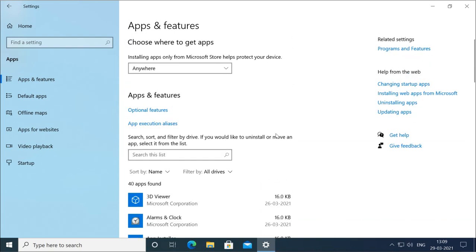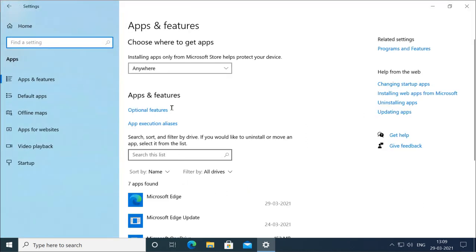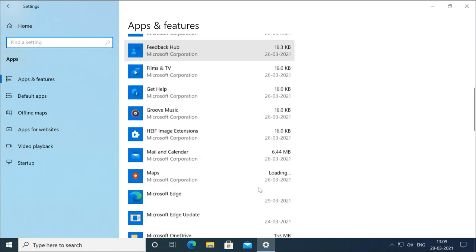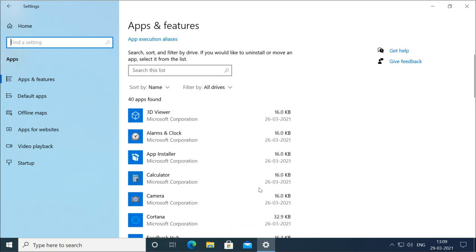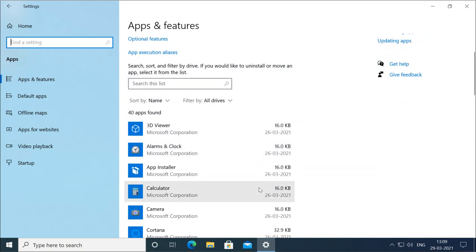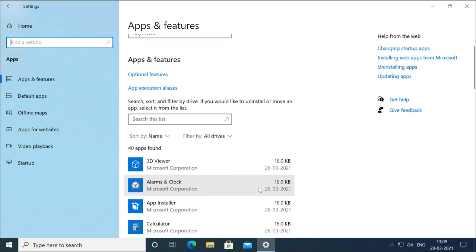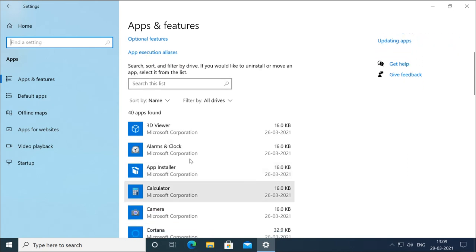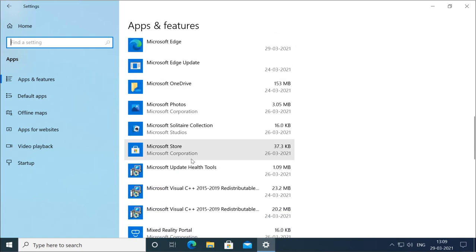We go to the Settings app first, and in that Settings app we'll go to Apps, and in Apps we can see all the available apps here. These are all apps which are installed. Here it is showing all the apps, desktop apps and also the universal apps. Remember, the Control Panel shows only the desktop apps, but here it is showing these apps also. These apps are universal apps which we can use on desktop and mobile also.